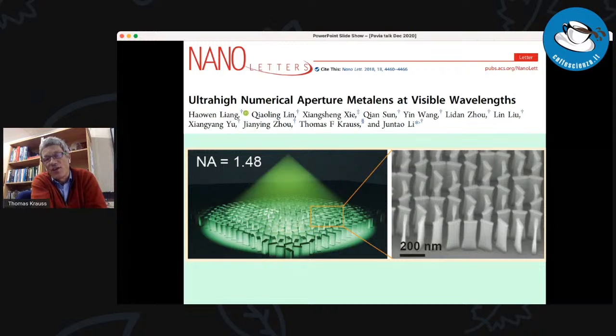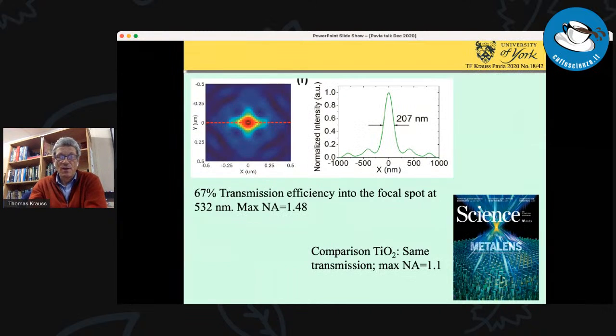But with silicon, because the index is about 4, whether the background is 1 or 1.5 for oil doesn't really matter. So that's what we use to show a very high numerical aperture, which you could not do with a titanium dioxide metasurface. So there's a clear advantage of using the high refractive index of silicon and tolerating the little bit of additional loss that you get. Here's an example: we get a 200 nanometer spot size. And as I said, you cannot do this with the titanium dioxide lens.